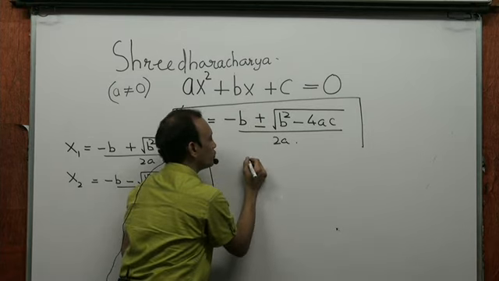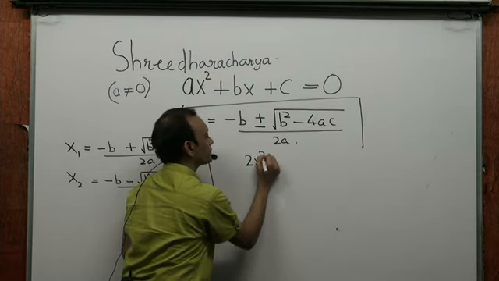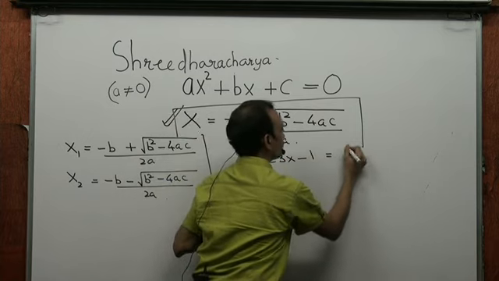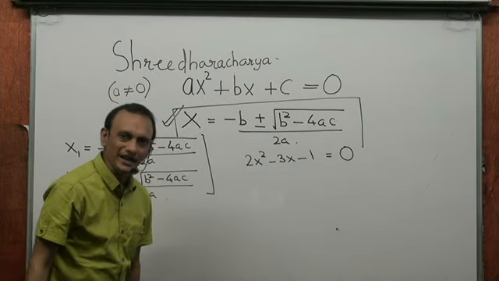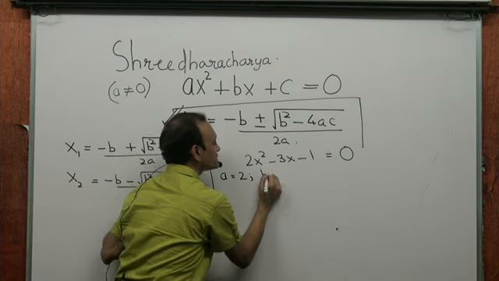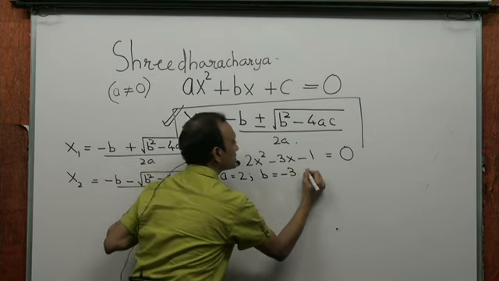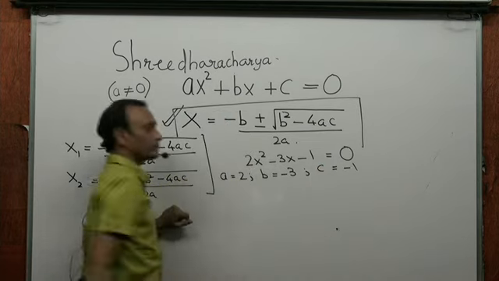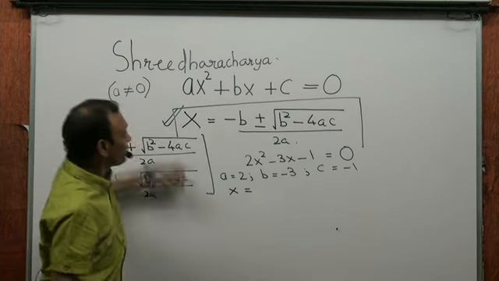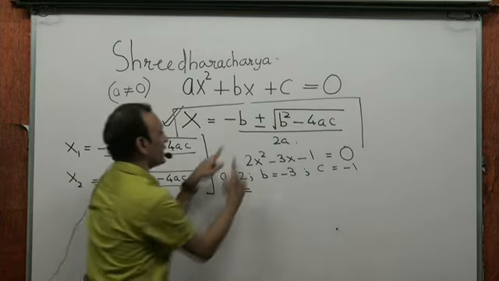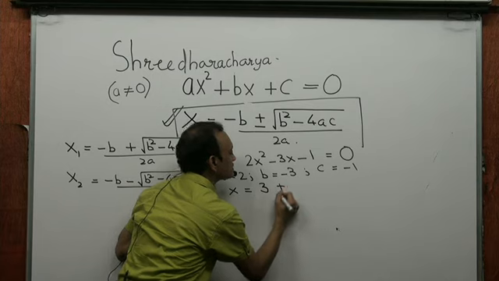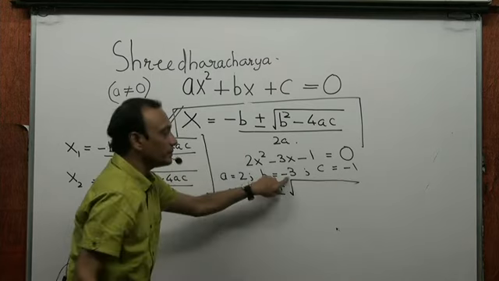Let's say, for example, if you want to solve 2x squared minus 3x minus 1 equal to 0. This is a quadratic you want to solve using Shreedharacharya. In this case, a is 2, b is minus 3, and c is minus 1. Right? The solution to this quadratic is going to be the two roots, the two values of x that will satisfy this equation, given by x equal to minus b. Minus b means minus of minus 3. 3 plus minus root b square means minus 3 square